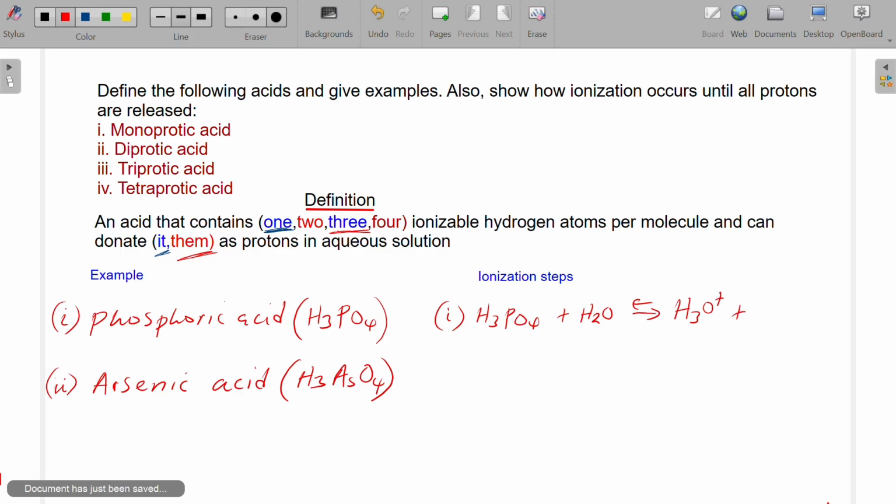And then what remains after giving a hydrogen there is H₂PO₄. The charge becomes a negative there. Then the second step will be